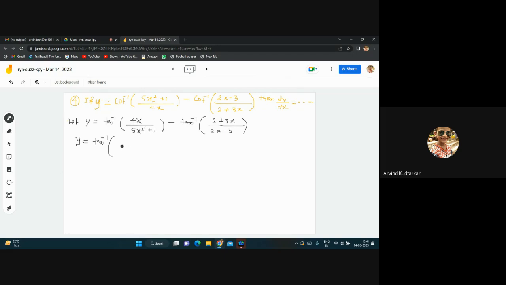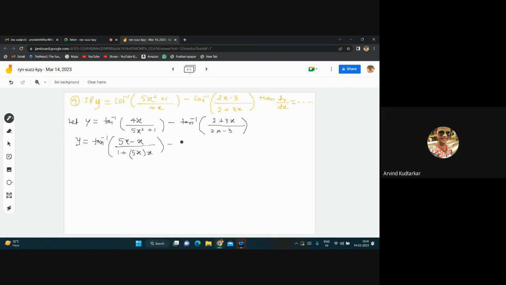So 4x is nothing but 5x minus x, upon 1 plus 5x into x. So what is that? 1 plus 5x square